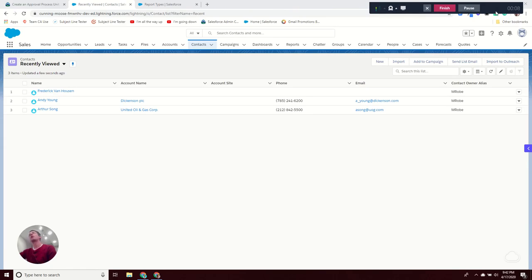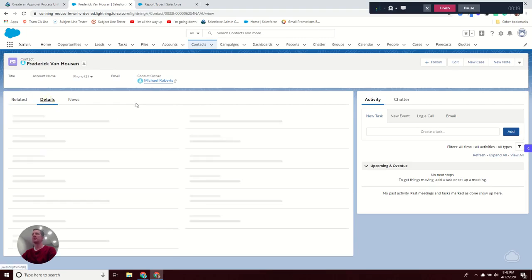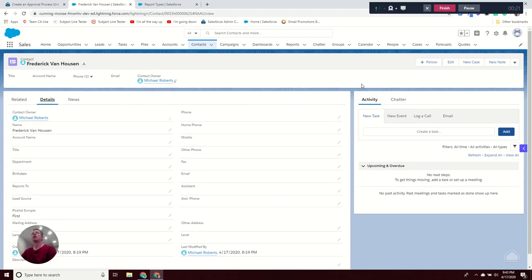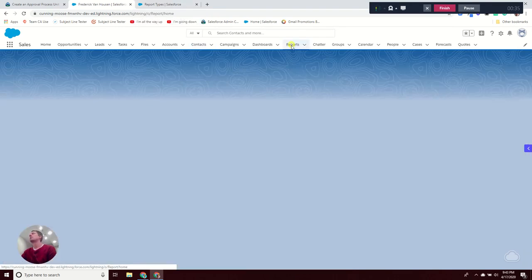All right, I thought today that we'd go through creating a custom report type and an example of why you might want to do that. So let's look at this contact that I just created named Frederick. You can see he has not been associated with an account. This is common, at least in my instance of Salesforce. So if I were to try and build a report